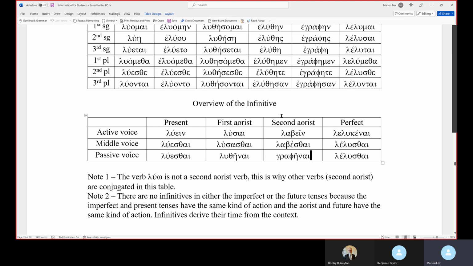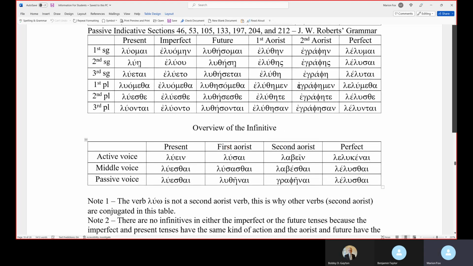Now we don't have a future infinitive. Well, we don't because it accomplished the same result as the aorist infinitive, so we do the same thing as the aorist infinitive. So you have present, aorist, first and second aorist, and we have a perfect infinitive. That's all the infinitives we have. So we'll come to those later. Are there questions? So you have that table, that little chart there, and you compare them. That's why I put them in for you. Okay. All right.